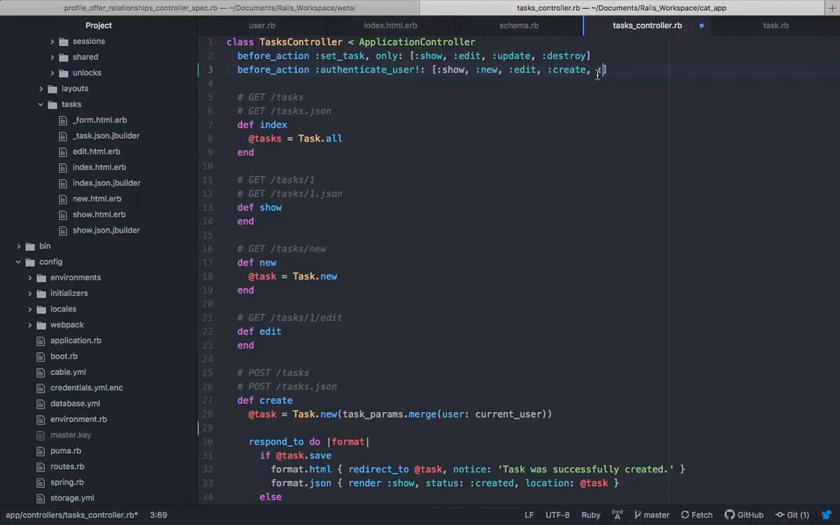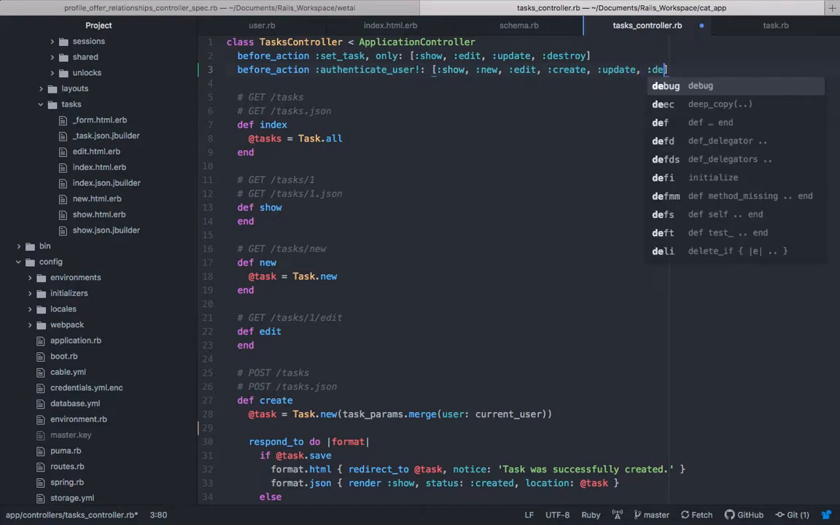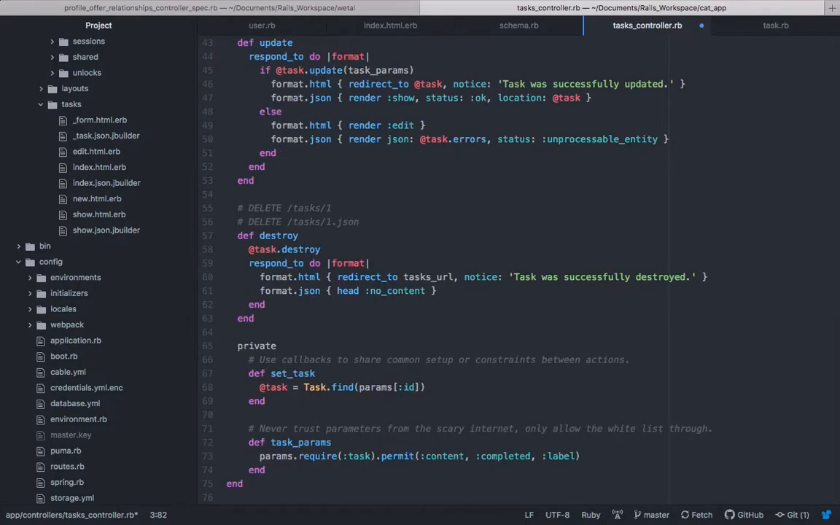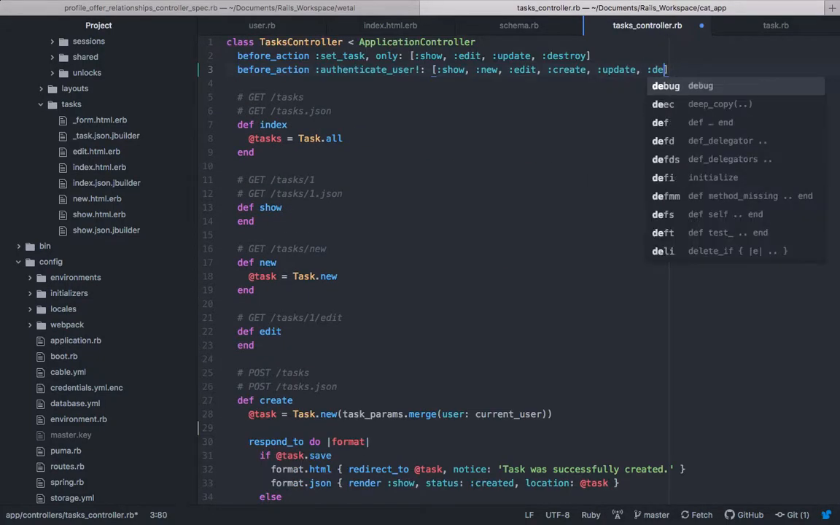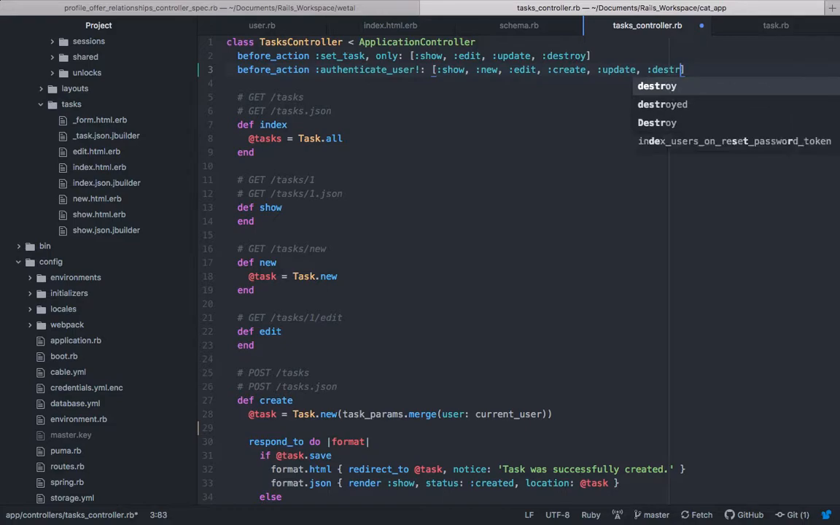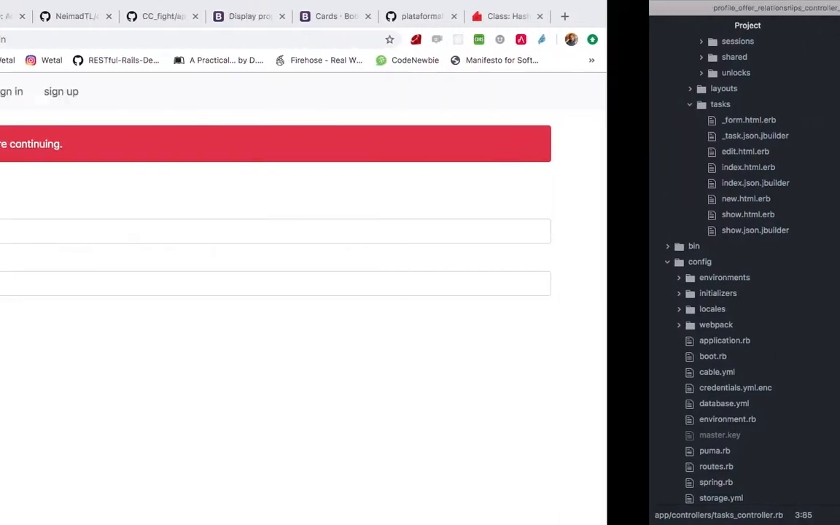So this is for update, and you want to do it as well for destroy, because it doesn't make sense to allow somebody who is not connected to destroy any task in the application, right? So now,